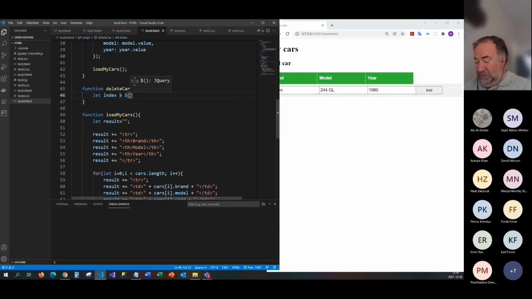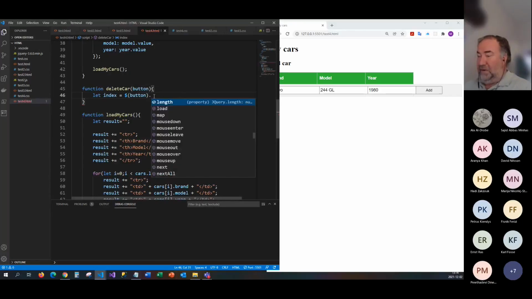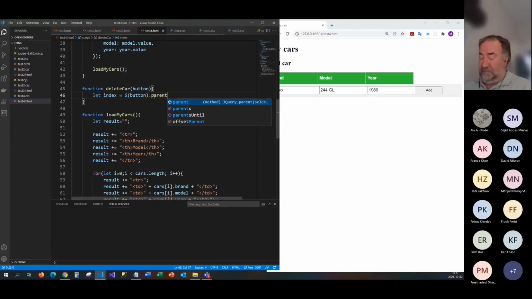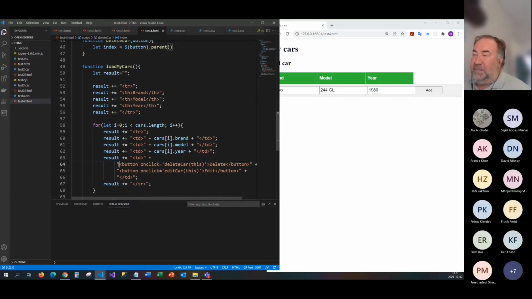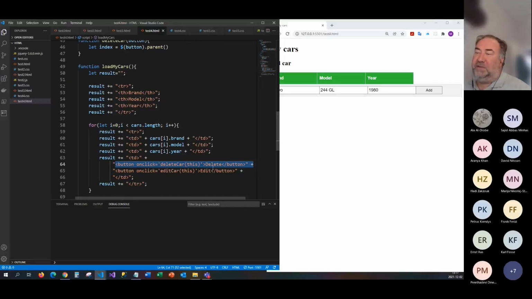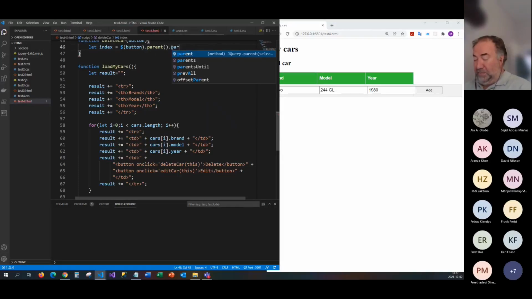So I take the input, which is the button. You see the input to do this function is button, so I use that one. And I go for parent. So what does parent mean then? So you will see here, I'm taking this button here, and the parent of this button is the table data. But I want to get access to the table row. So I do parent,